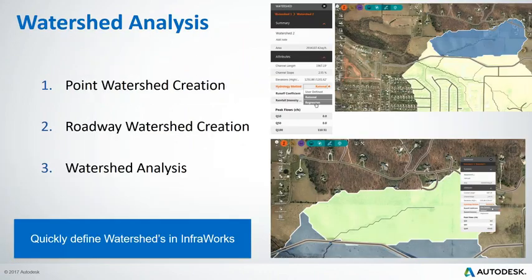Okay, so let's start with the watershed analysis. For those of you who use Civil 3D, you already know that these functionalities are already available within Civil, but it's great to see them within InfraWorks in a compelling 3D environment. So what is available in InfraWorks is being able to create or analyze the watersheds that are affecting or influencing a certain point. So you pick, for example, a point somewhere in your model and you want to see what are the watersheds contributing to that point. InfraWorks will do